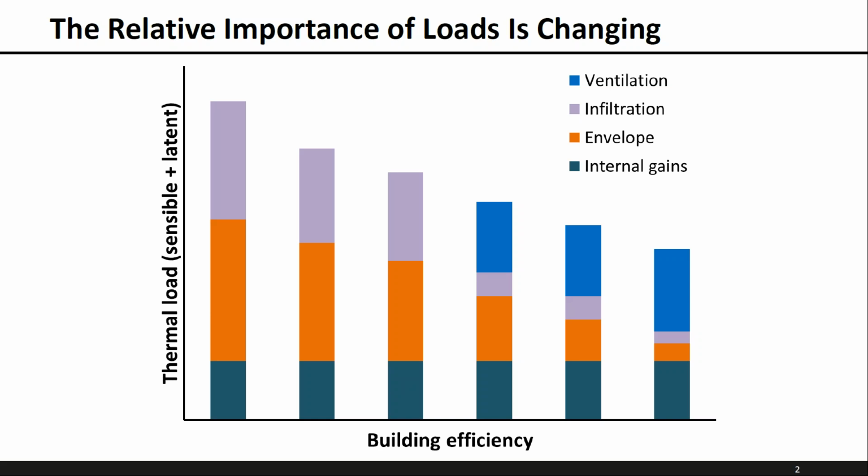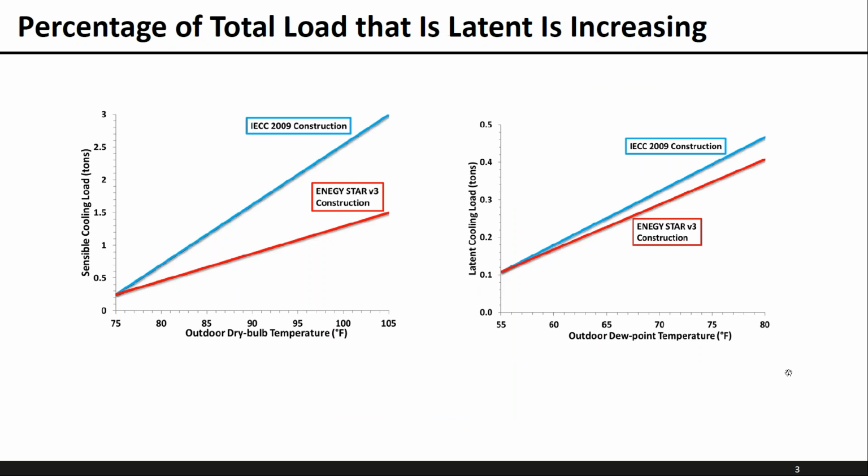showing how as we increase insulation and incorporate better windows, better ductwork, that the envelope loads are decreasing quite substantially as we improve building efficiency. As well, infiltration becomes less of an impact, but at some point we need to add ventilation. The one load here that we see that is relatively constant and independent of building efficiency are the internal gains, which are starting to deserve more and more attention.